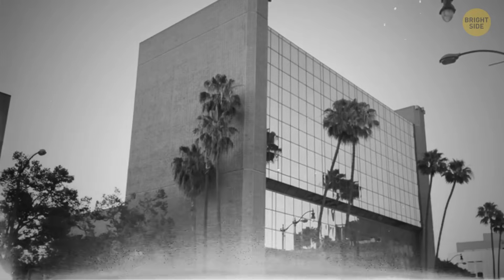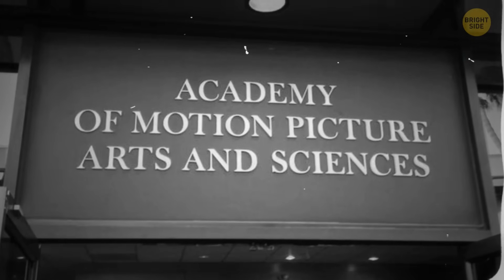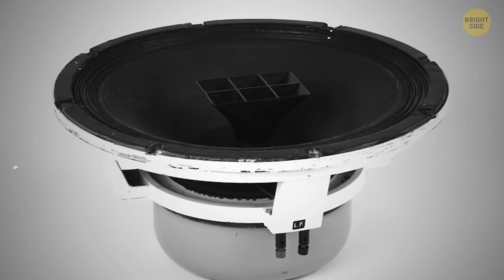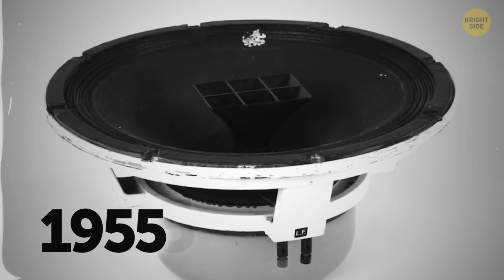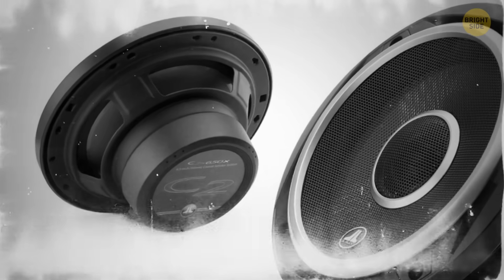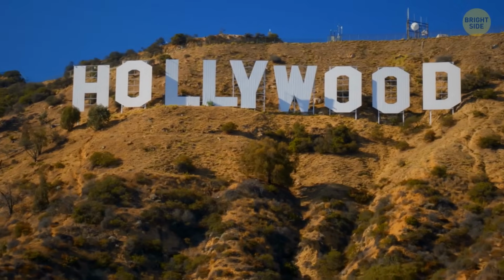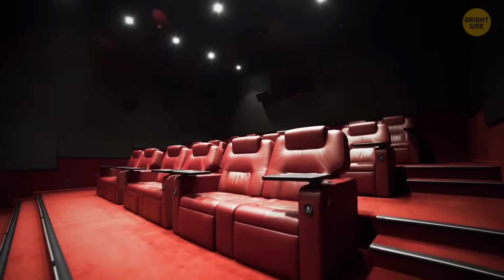The duplex driver was immediately tested by the Academy of Motion Picture Arts and Sciences and instantly made its film house industry standard in 1955. Until now, this loudspeaker design is still used. Indeed, the film industry does seem to put a lot of effort into its sound, and so do the theaters